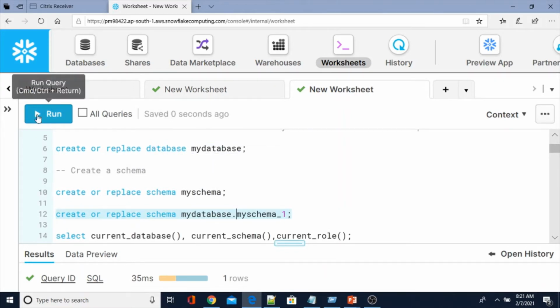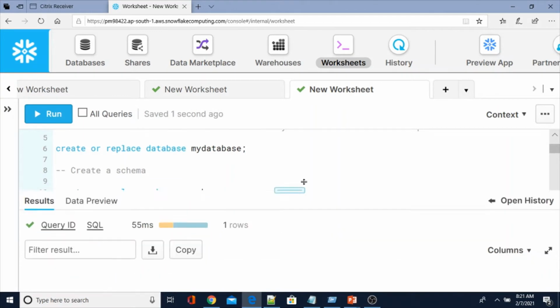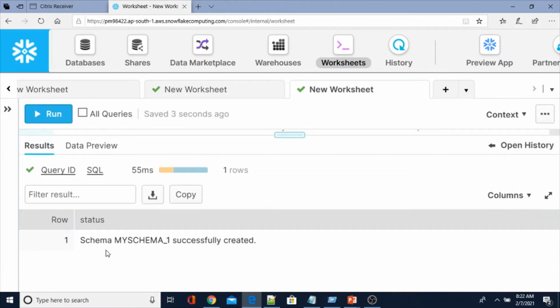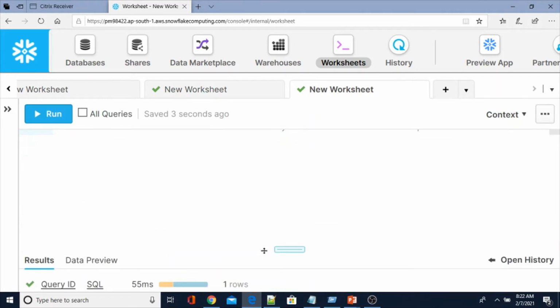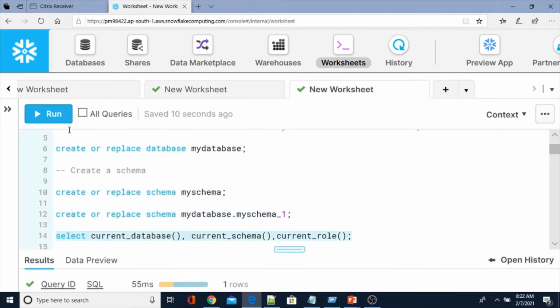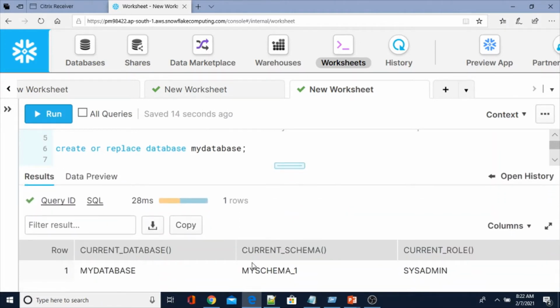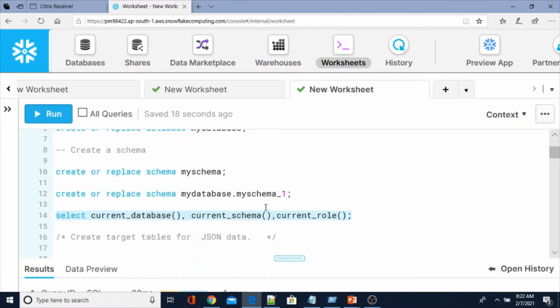Okay, so schema my schema underscore 1 successfully created. Now I am going to execute the context functions. Earlier my current schema was my schema. Now see, my schema underscore 1. That means if you don't use a use command, whatever database, schema, or object you created last will be your current context.